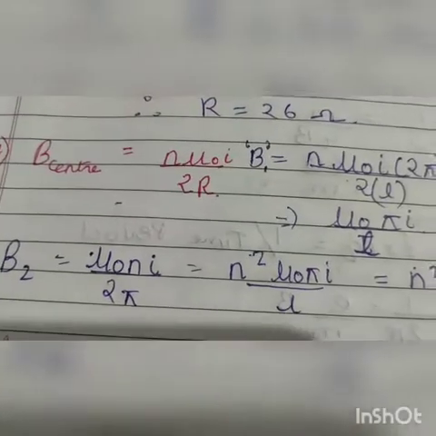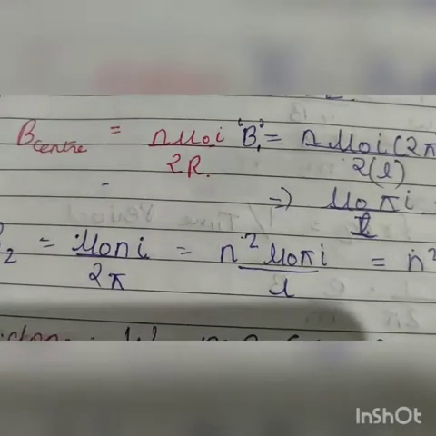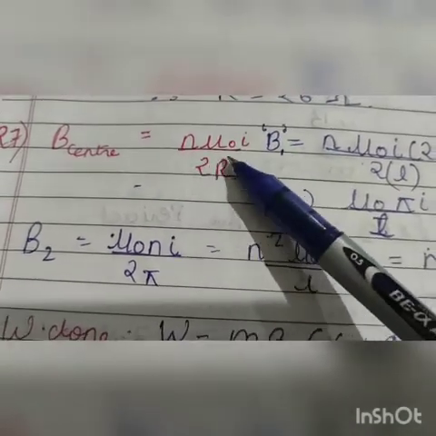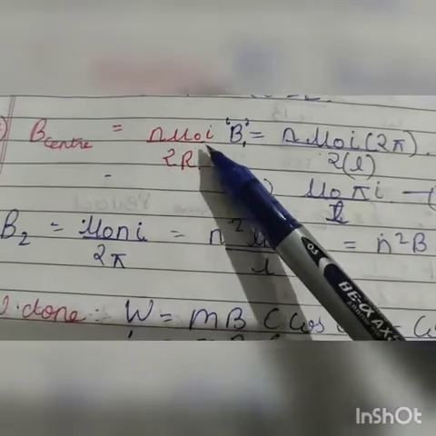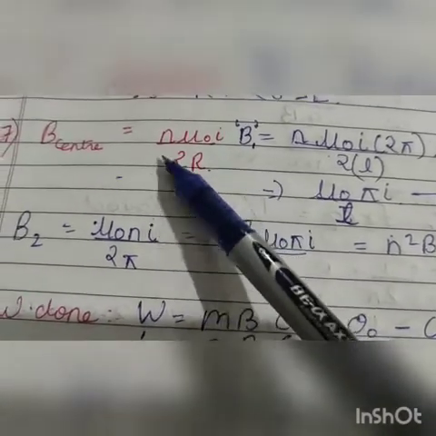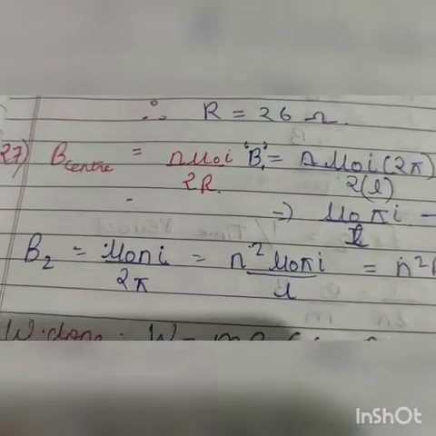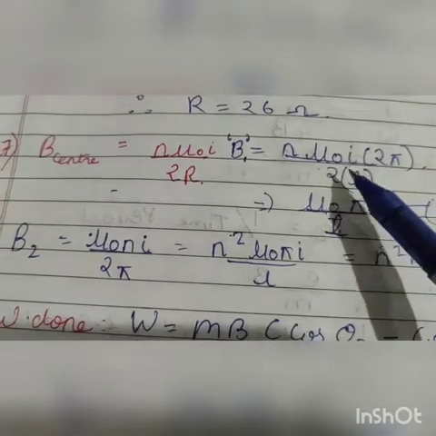It is bent into a circular coil of n turns. What is the magnetic field at the center of the coil? See, a long wire is first bent in a circular loop with only 1 turn, and then into n turns. So let's see. As we know, the magnetic field at the center of a circular coil is n mu naught I by 2r, and here it has only 1 turn. So we will just put in the values.